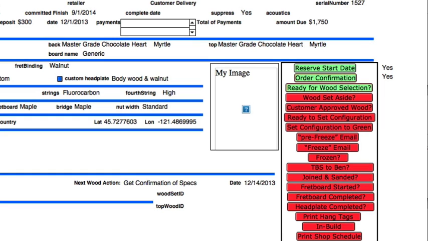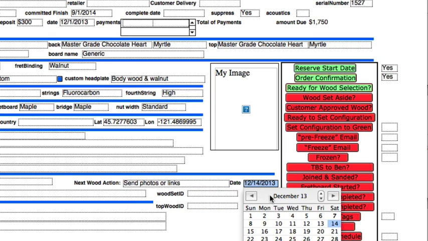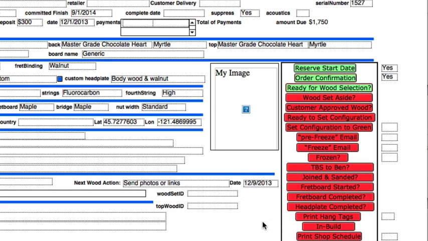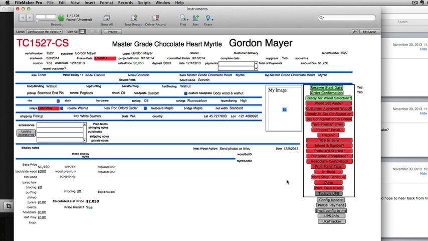And then I go down here for the next wood action, and I say we've got to send photos or links with a date. And I'm going to actually move that date back a little bit to right there. And what that does is there's a report that Char can run that tells her all of the various people that need anything to happen with their instrument as far as wood goes. And this goes on the report with that date, and it will trigger her to send an email with a link to the